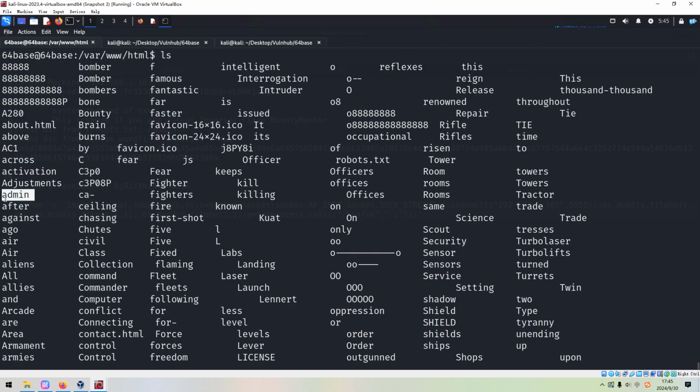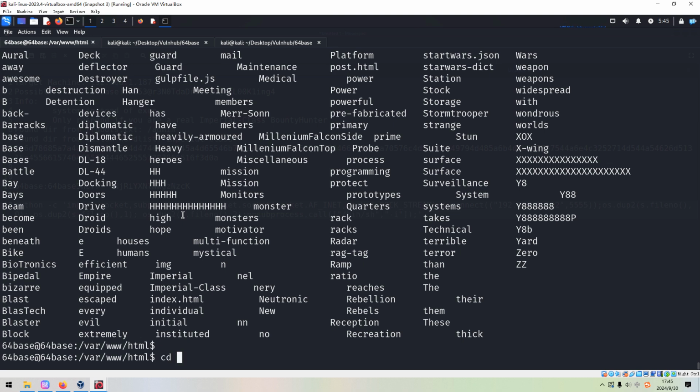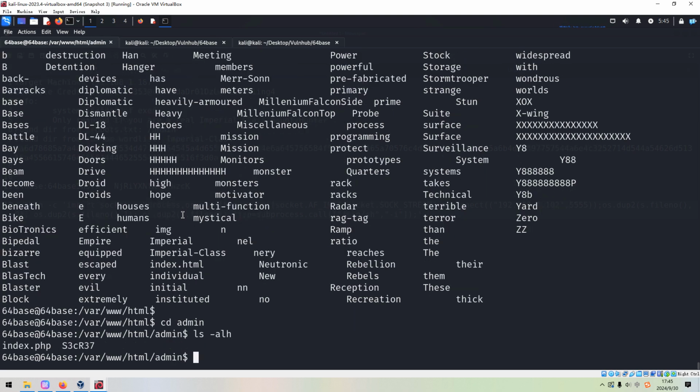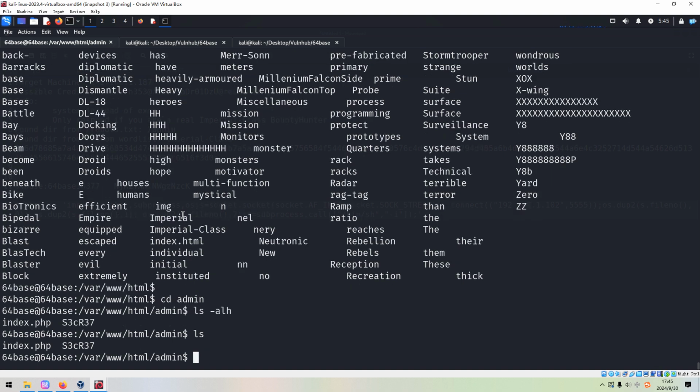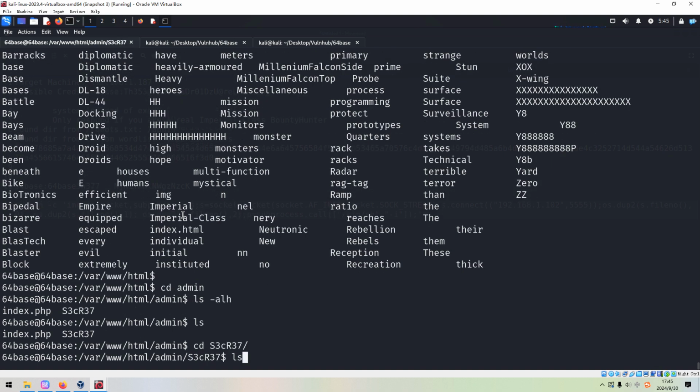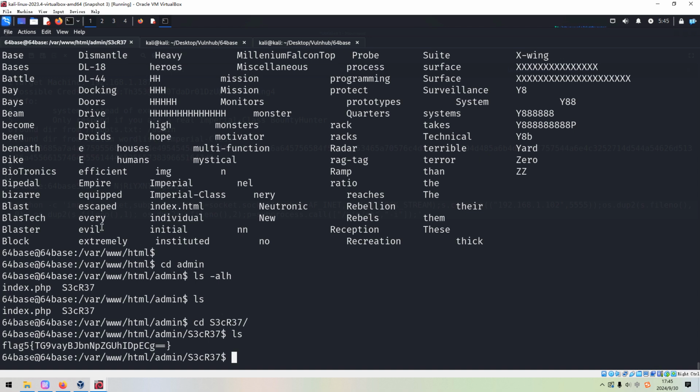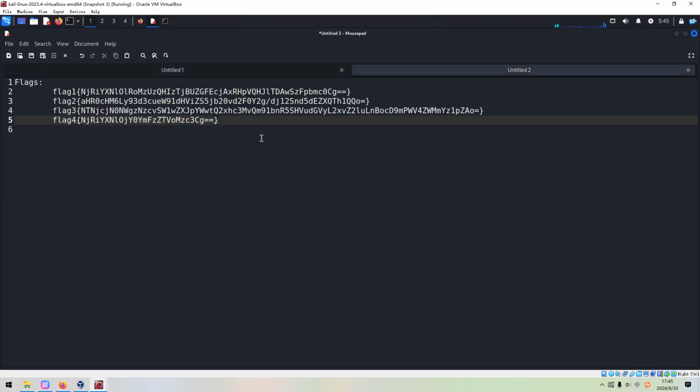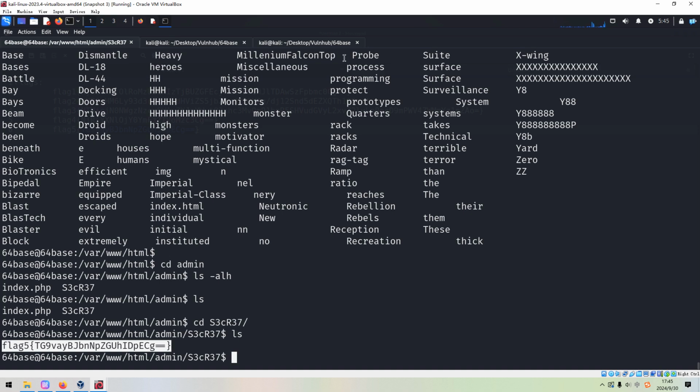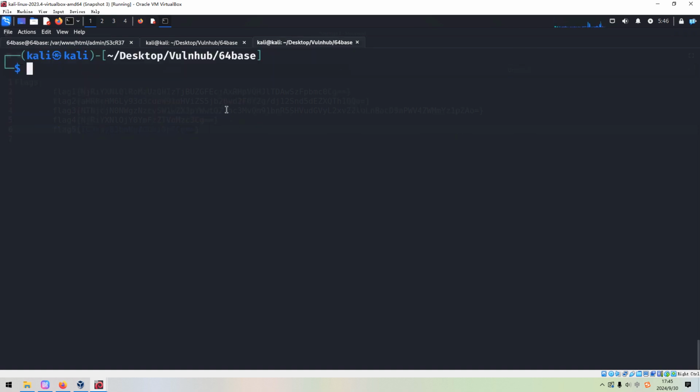Oh, we found this directory. Maybe we can go into this directory. Go to the second directory. Oh, we got the flag. Wonderful. We can get the 5th flag. So many flags to retrieve. And also, we need to decode this message to get the hint for the next flag.